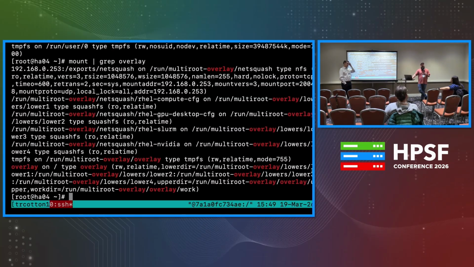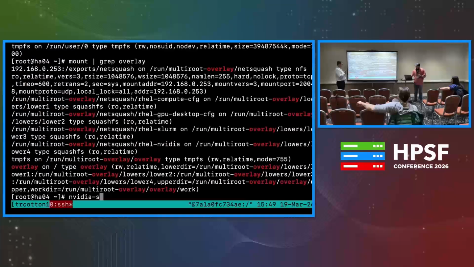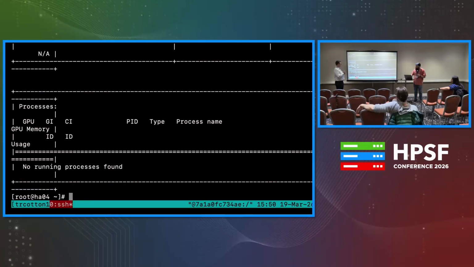Well, I don't know. So this is a GPU node, right? I think it's very old, but this is a GPU node. So I built, using my image builder and pipeline, an NVIDIA layer, and all it does is install the drivers. It doesn't have anything else in it, maybe some adjacent packages for services related to GPUs. And then I have another layer that's just compute, and it just has basic things like users might